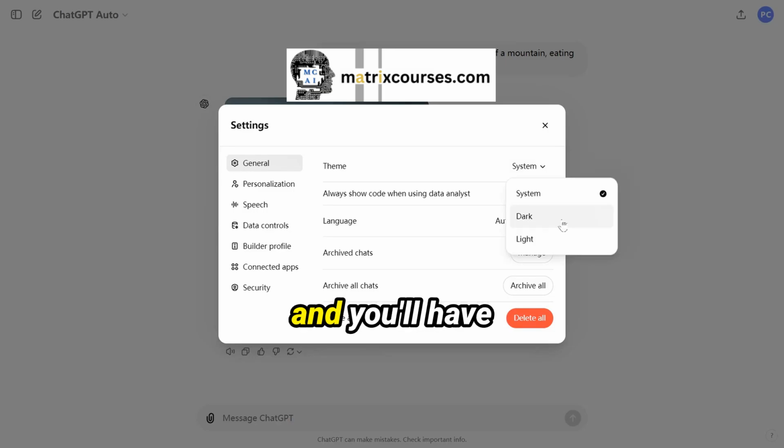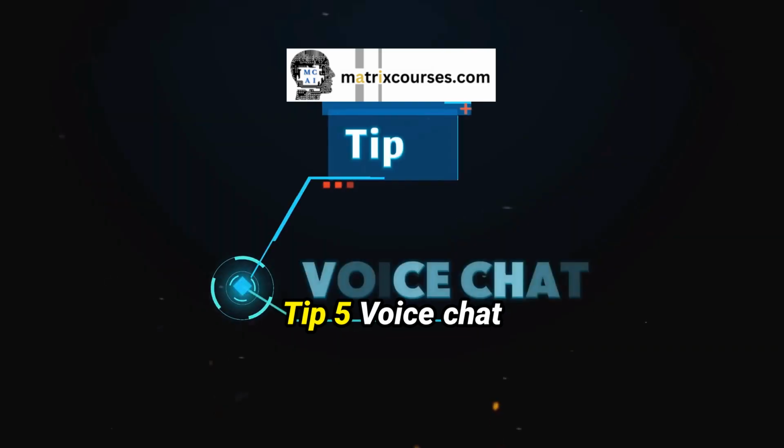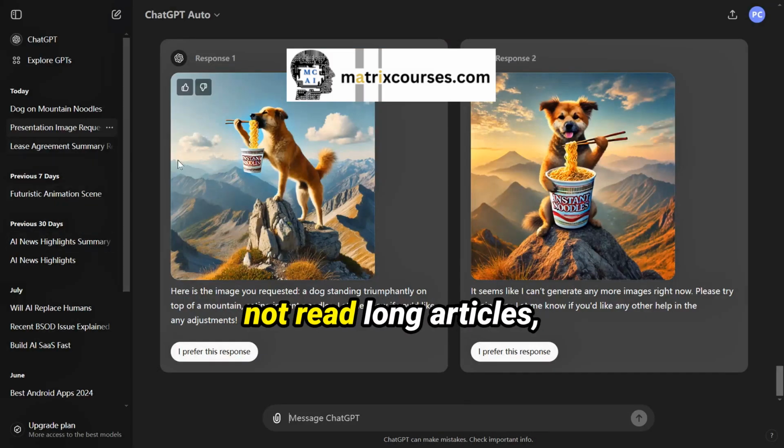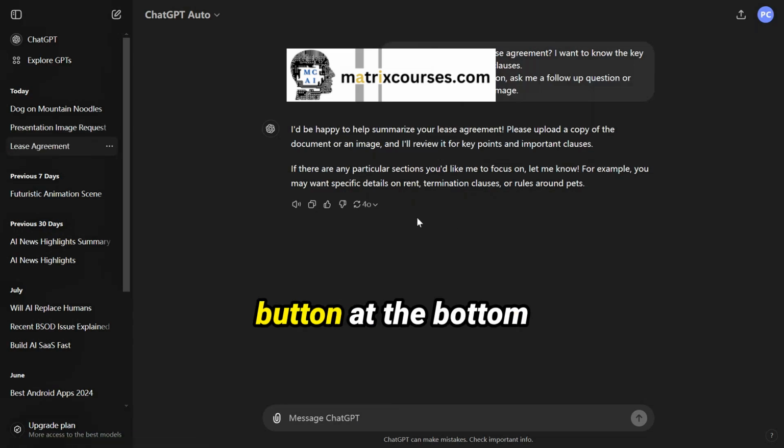Change it to dark, and you'll have a black background interface, which is easier on the eyes. Tip 5. Voice chat. If you'd rather not read long articles, you can ask ChatGPT to summarize the text, then click the play button at the bottom left corner of the window to have it read aloud to you with